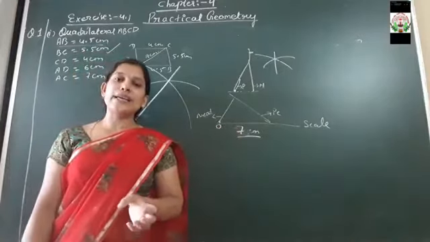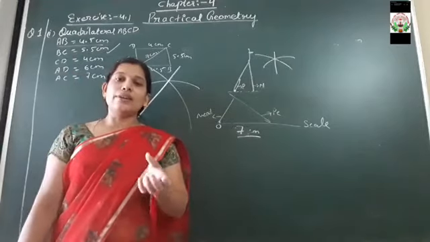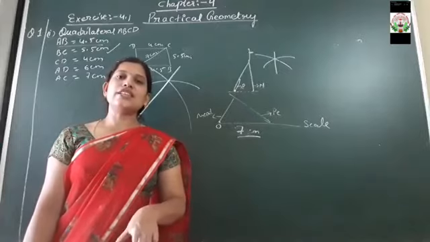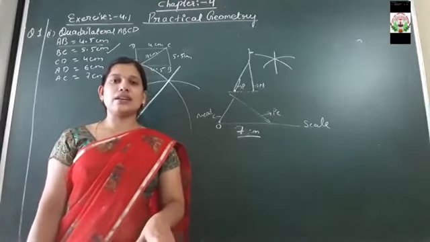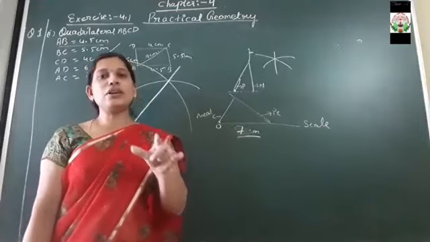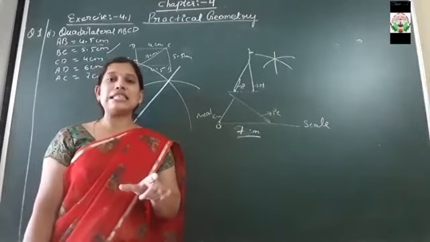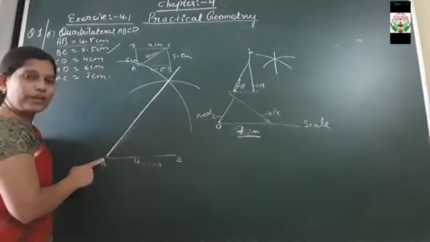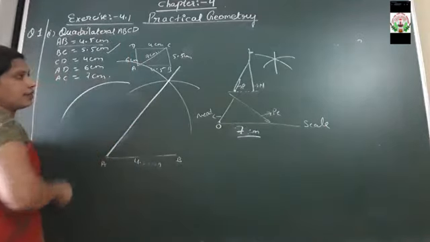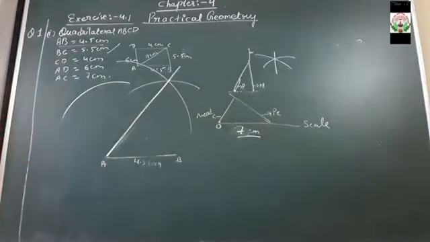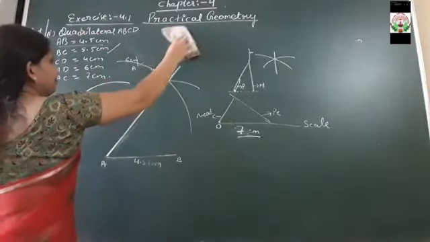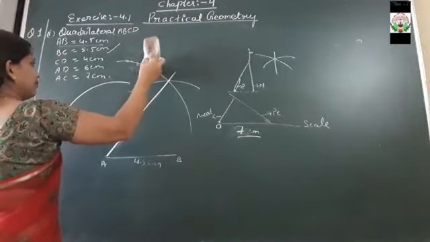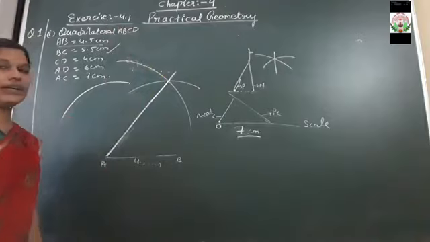मालूम है ना कि राउंडर पे कैसे मेजर करते हैं 6 सेंटीमीटर? नीडल वाला पार्ट स्केल के 0 में रख करके पेंसिल वाला पार्ट 6 सेंटीमीटर स्केल के तक स्ट्रेच करना है। Then after remove the scale so that on the mouth of your needle you are having the 6 centimeter distance. That needle you have to keep it at point A. उस needle को point A पे रखना है और एक आर्क ऐसा बनेगा। Clear? You will get an arc like this.